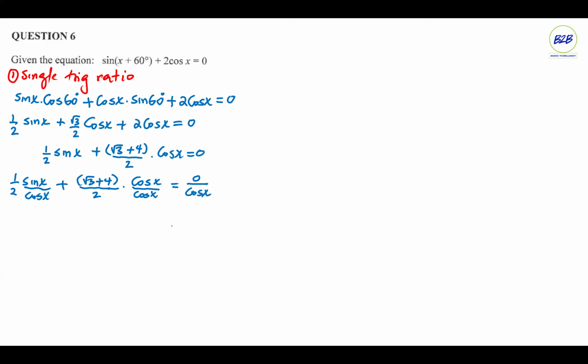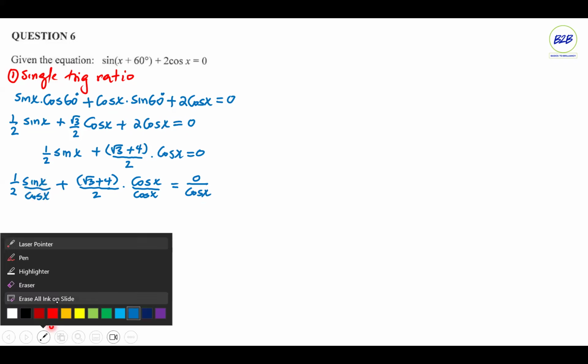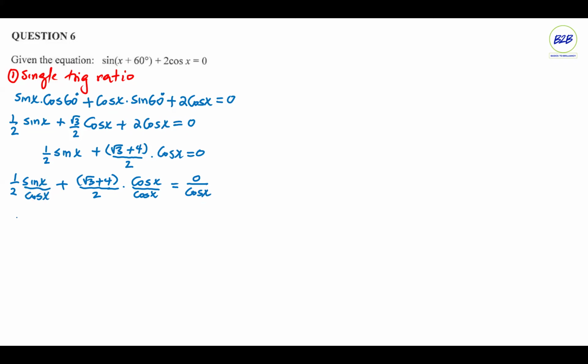Why are we dividing by cosine of x now? It is because we want to establish tan here. So with that being said, we will then have 1 over 2 sine x over cos x, that is tan of x,